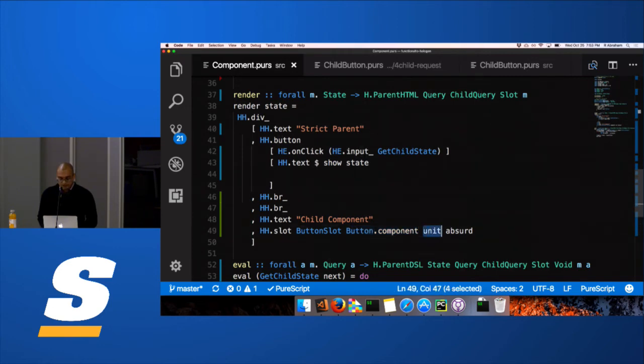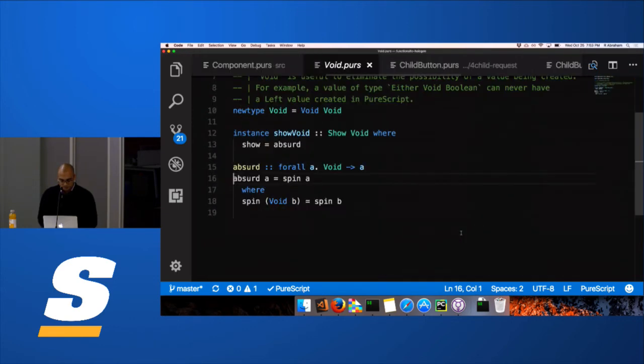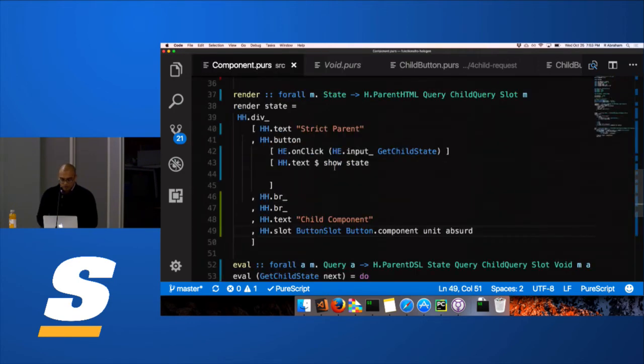Unit is saying right now over here, I'm not giving it any state from me. Whatever state it has or it wants, it can take on its own. And you'll see afterwards how you change that. And absurd is, say, a thing of type void. Let me see if we can. So it's of type void, and I didn't read too much into it, but basically you're saying